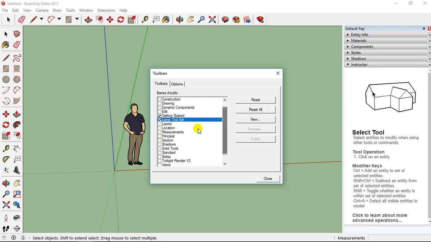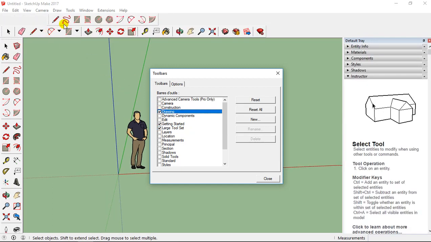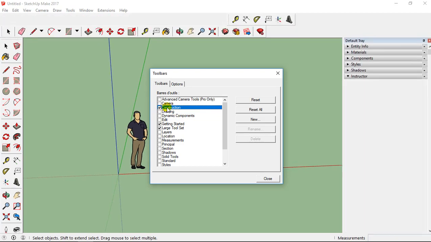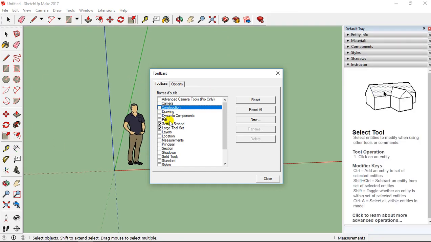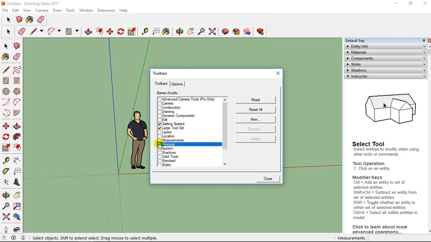If, for example, you take Drawing, you are going to have this tool, but you have exactly the same at this level on the left with Large Tool Set. So it's not useful. If you select Construction, you are going to have the same tool here as at this level. So for this reason, you need to select Principal.